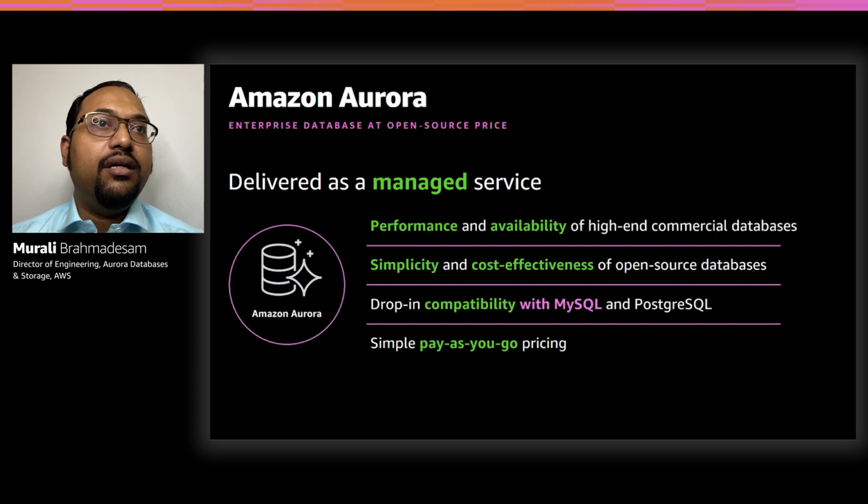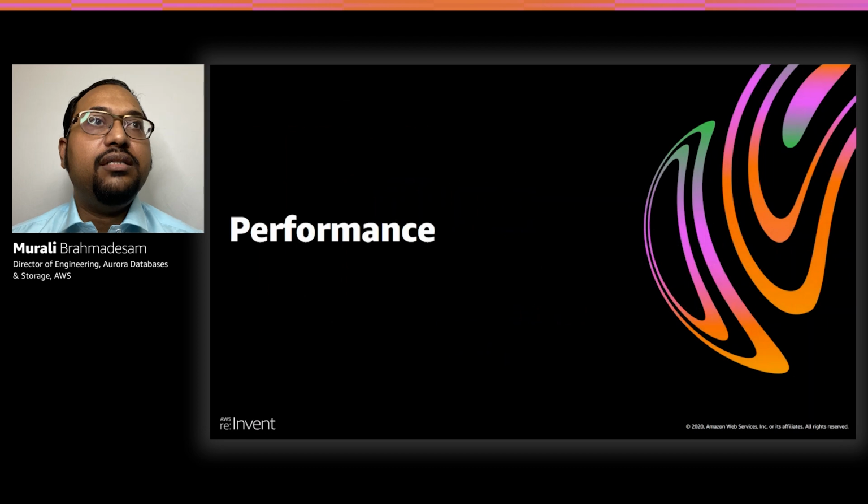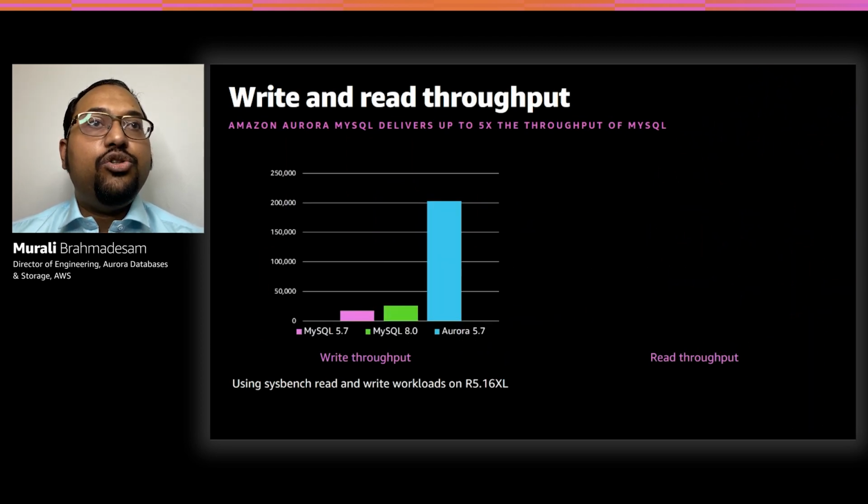Let's dive in. Let's talk about performance. I'm going to talk about the write and read throughput and how Aurora is able to deliver 5x the throughput of traditional MySQL on a block device storage. In this example, we are using Sysbench read and write workloads on R5 16XL instance type. As you can see, the write throughput of Aurora MySQL with 5.7 compatibility is able to do 200,000 write statements per second,